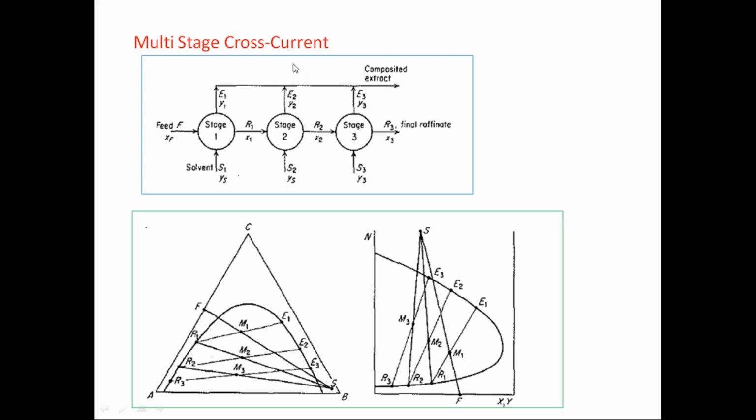As you have seen in the single stage, we have only one stage where the feed and solvent are entering, and this round indicates one mixer and one settler. The feed and solvent will be mixed together in the mixer, then later they will go to the settler. In the settler, they will separate into the extract and raffinate. Whatever raffinate is coming from the first stage will enter the second stage, and from the second stage some extract will be obtained. Those extract will join the extract phase coming from the first stage.